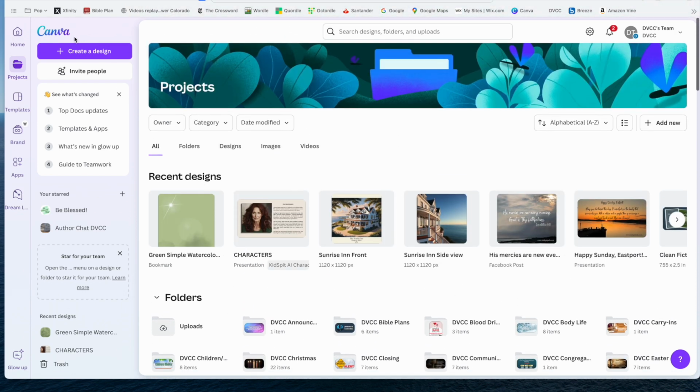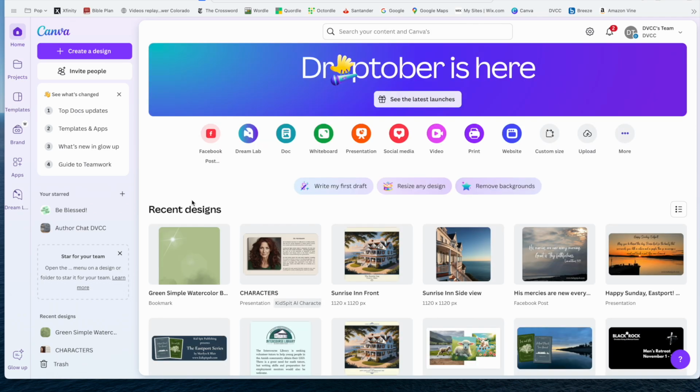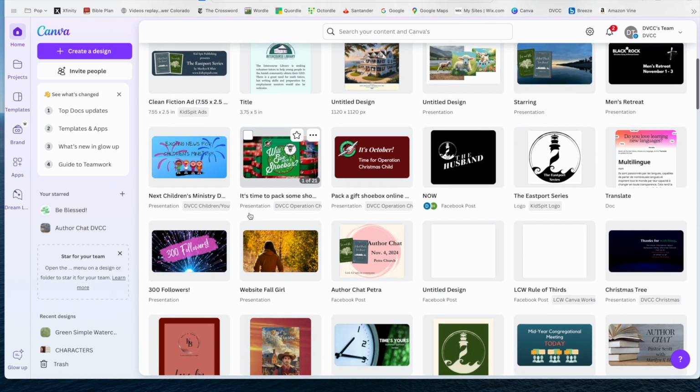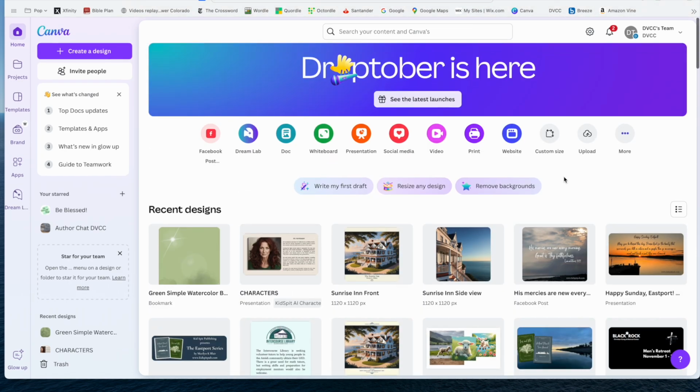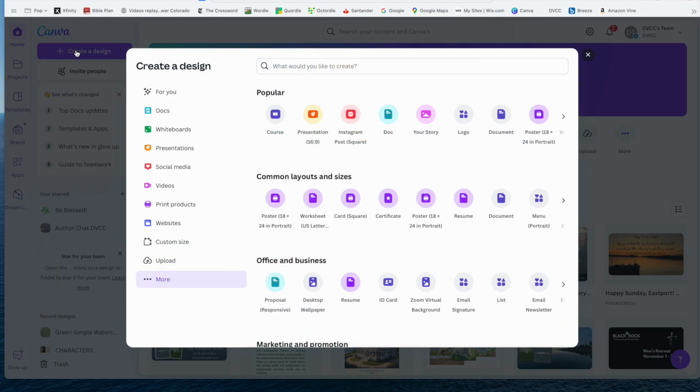So let's go back to the home page. I'm going to click home this time. And so now that's all that's on this big body of the screen. This is all just design work. Now I'm going to go to the left, and you'll see here's another set of menus. So what we have at the top is create a design. If I click on that, which I'm going to, it's going to bring me to this screen,